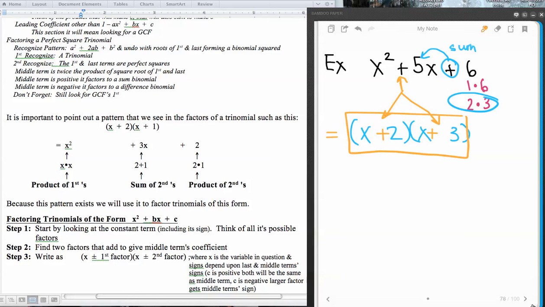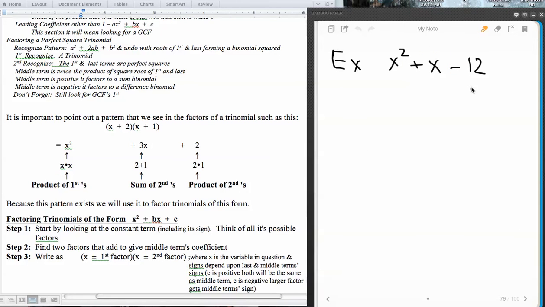Let's see, we might have time to do one more here. Next we have 12, so 1 and 12, 2 and 6, and 3 and 4. And we're going to see that this is a minus, so this is a difference, and we want the ones that make a difference of 1. And so those will make a difference of 1. So now I need an x and an x, one that goes with the 4 and one that goes with the 3, and then whatever